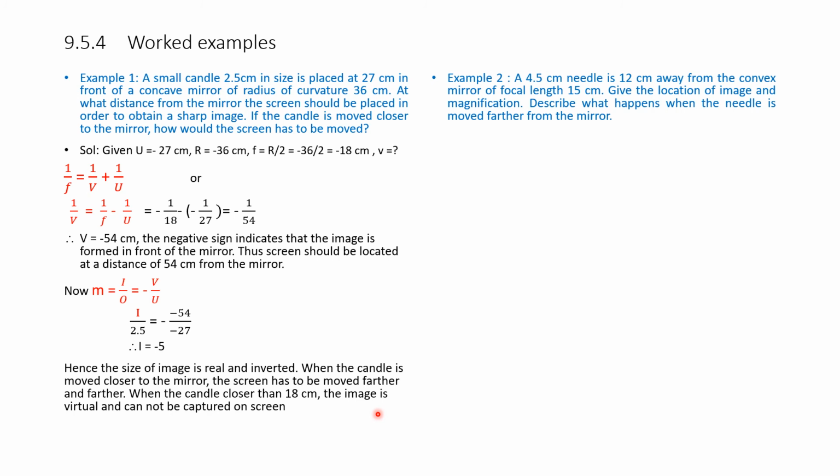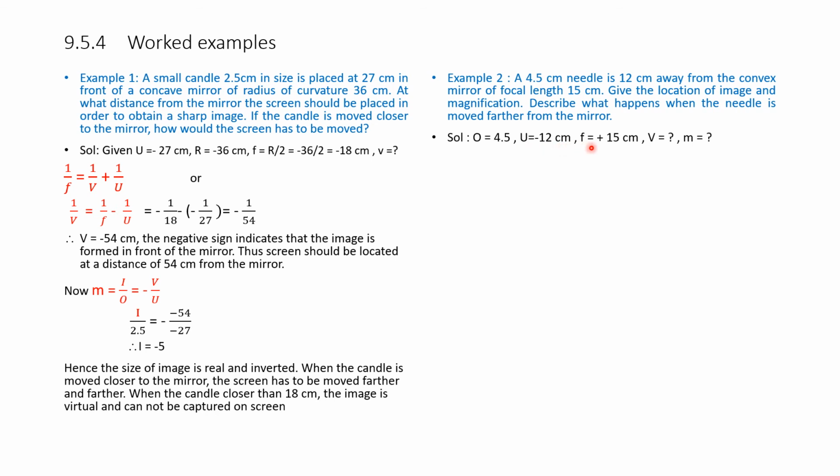Example 2. A 4.5 centimeter needle is 12 centimeters away from a convex mirror of focal length 15 centimeter. Give the location of image and magnification. Describe what happens when the needle is moved farther from the mirror. Solution: O is equal to 4.5, that is the height of the object is 4.5, u, the distance of the object, is minus 12 centimeter,